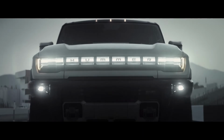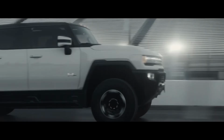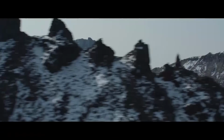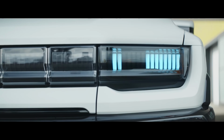With the available Watts to Freedom mode, the new Hummer does 0 to 60 miles an hour in just 3 seconds. For reference, that's on par with a 2019 Corvette ZR1 and faster than a Lamborghini Huracan. As if the power wasn't enough, Watts to Freedom also lowers the vehicle 2 inches, dropping the center of gravity and improving aerodynamics. In terms of range, the Hummer delivers by providing what GM estimates as 350 miles on a